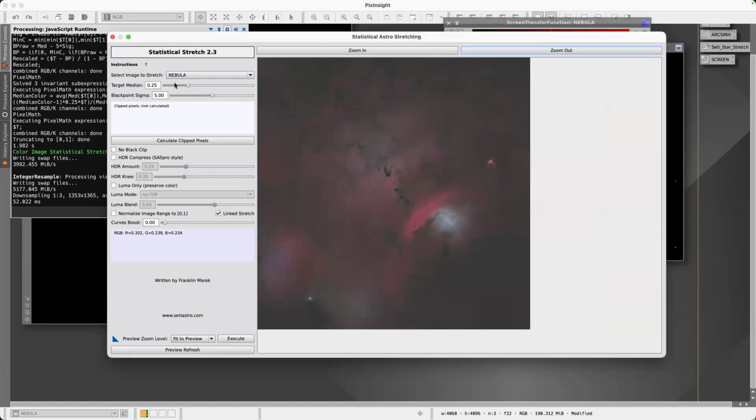The target median, that's what it says. So the median of the image is the brightness value above which half the pixels are and below which half the pixels are. So half the pixels are going to be brighter than 0.25, half are going to be darker than 0.25. The black point sigma is how far away from the median the black point is. So in other words,